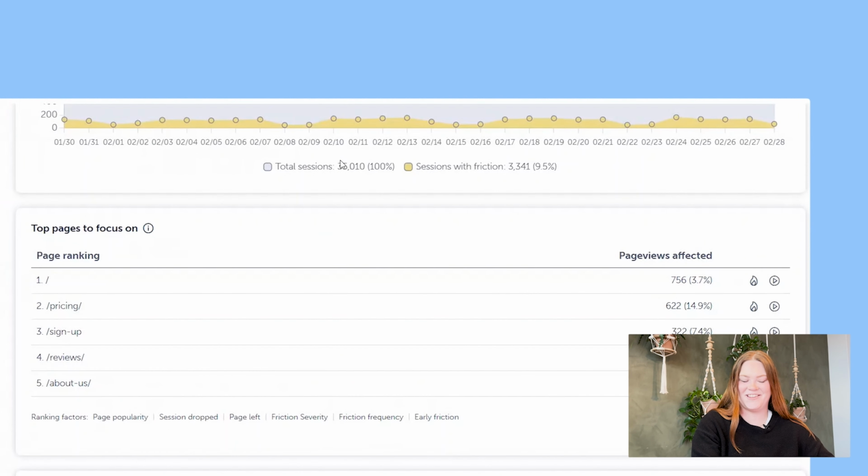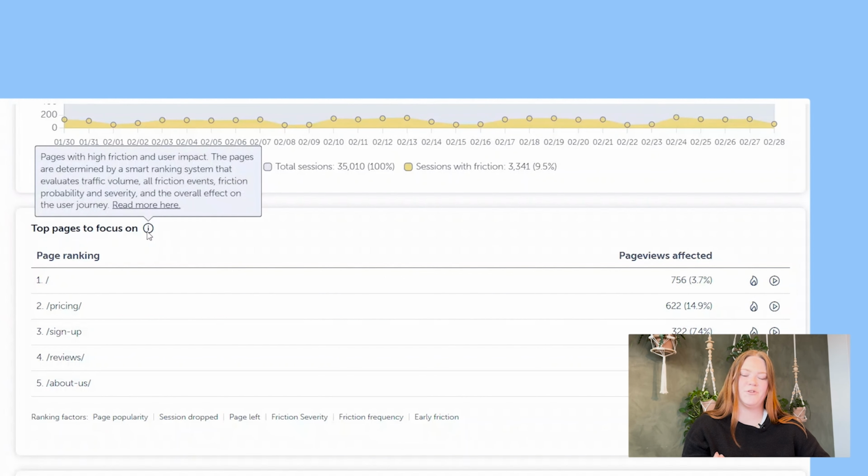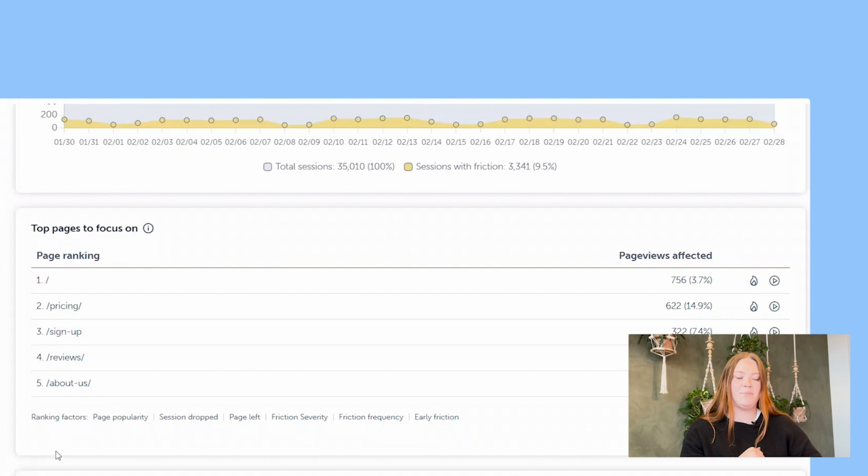The next widget that I get to show you guys is the top pages to focus on. Seeing a long list of frictions can feel overwhelming, because when is it severe? When should it take priority over the 1,000 other tasks you need to do? With the top pages to focus on, Mouseflow does the calculation for you, and it recommends where you should focus your limited time. We base our calculations on factors such as friction severity, friction frequency, and the popularity of the